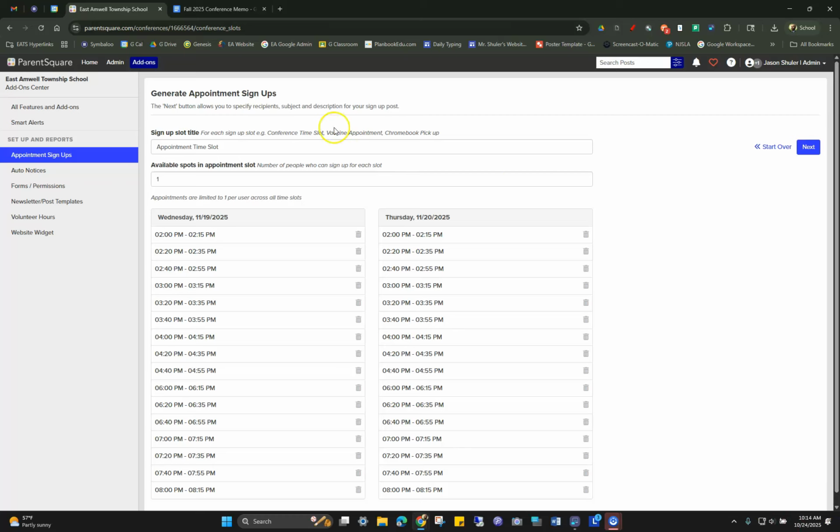And then appointment sign up. So this is what will actually be in the box, and in here I'm just going to type the words conference time. You want to keep this one spot available. It already removed our dinner break, as you could see. It goes from 4:55 to 6, but we want to remove 4 of our breaks. So you want to remove your afternoon break,